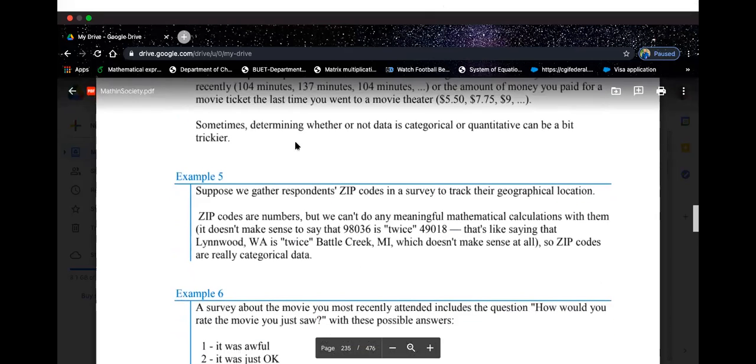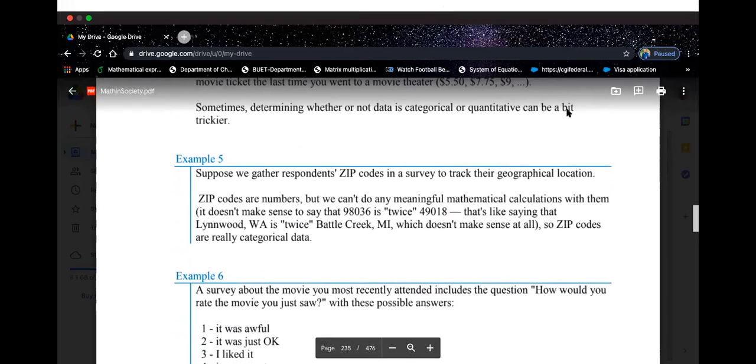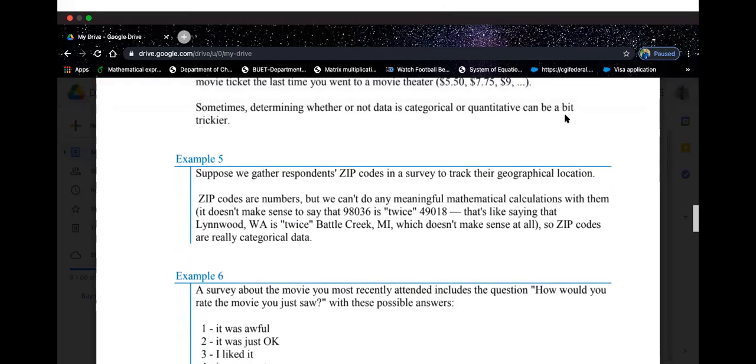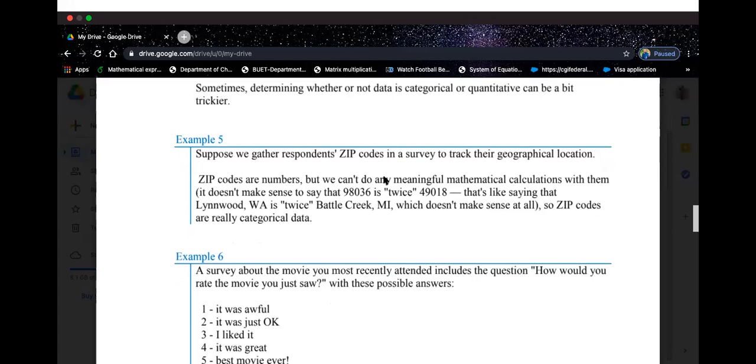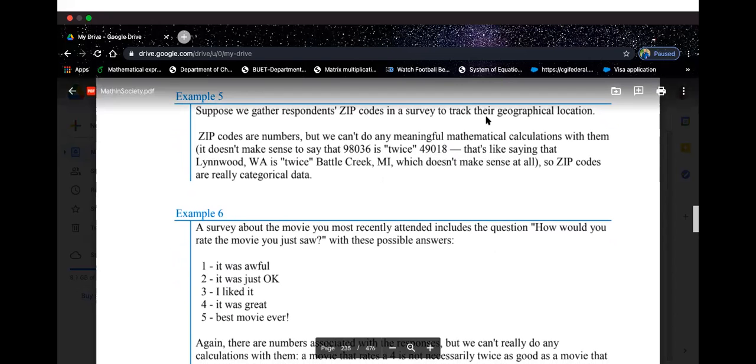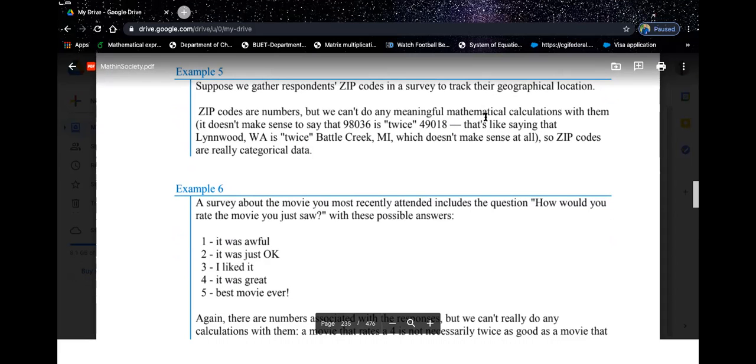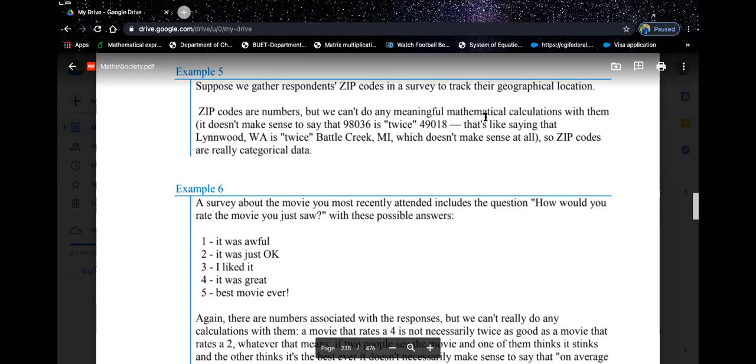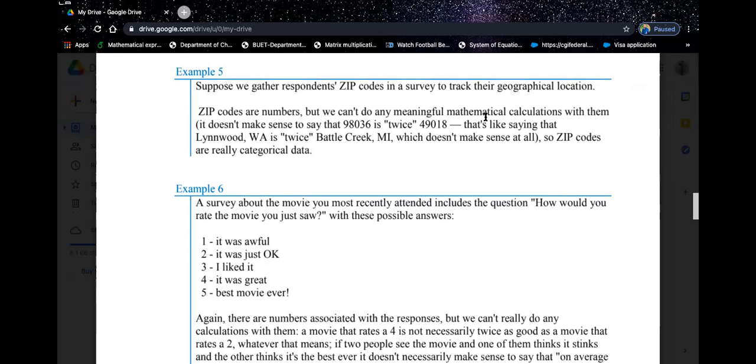let's see why it could be trickier. A couple of minutes back, if you remember, I did say that it could be tricky. It could be really, really tricky. Even though you know the definition, it could be tricky to understand whether it's actually qualitative or quantitative data. Let's see why. Okay, now let's say we gather some